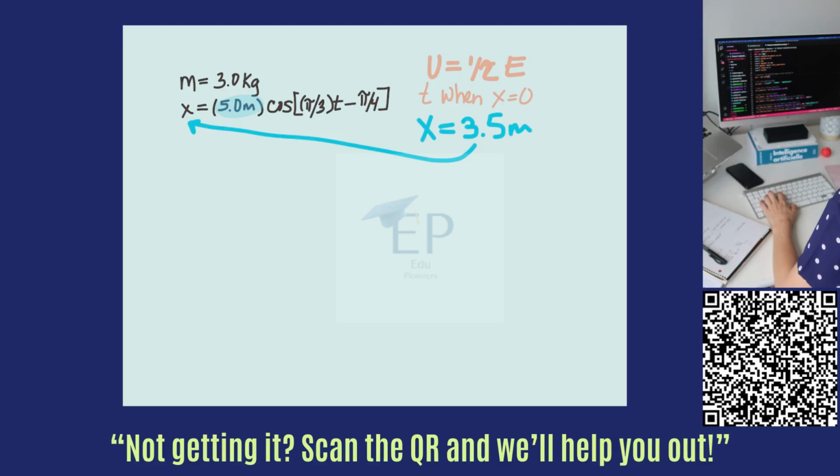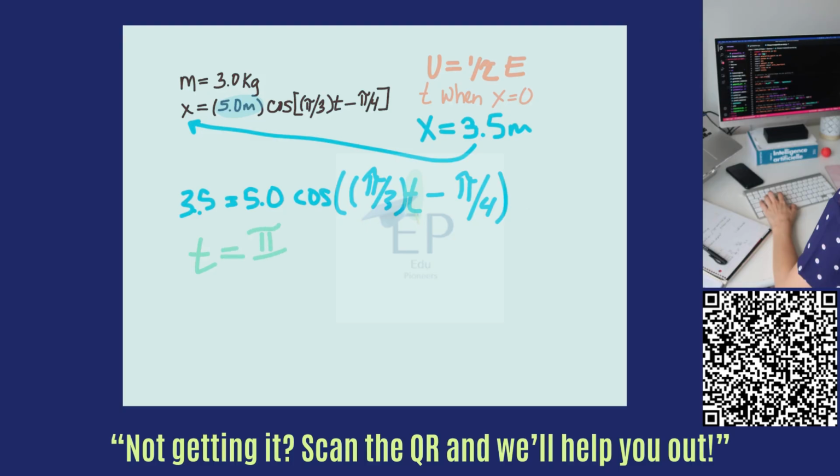So we'll end up with 3.5 equals 5.0 times the cosine of pi over 3 times t minus pi over 4. And we can go ahead and solve for t here. So, instead this time, we solve for t. Rearranging our equation, we'll end up with t equals